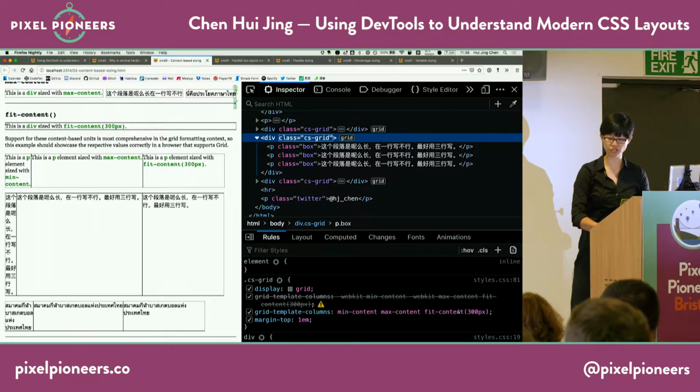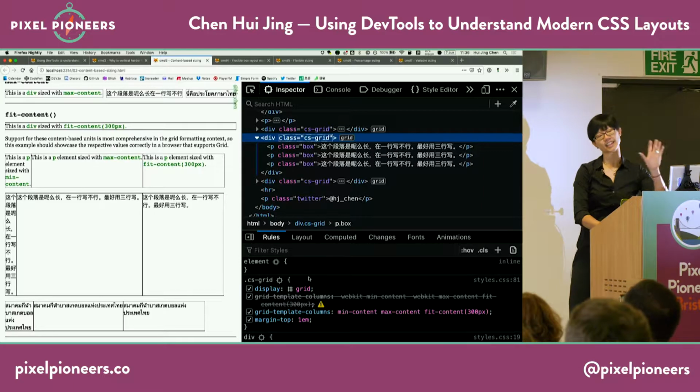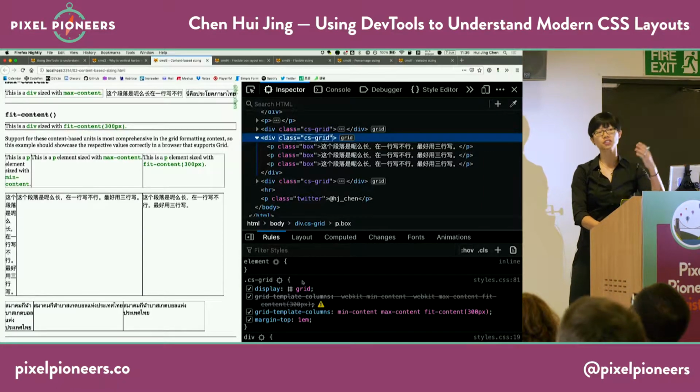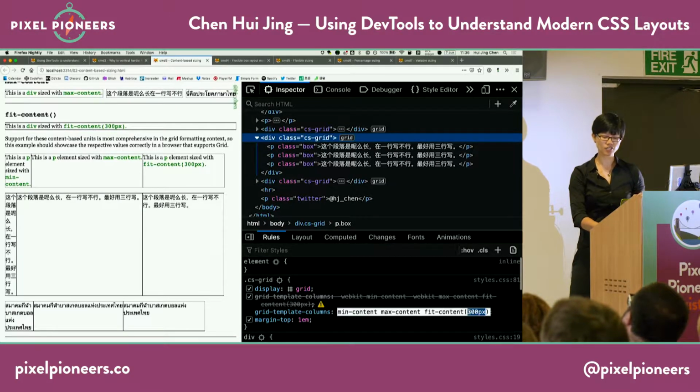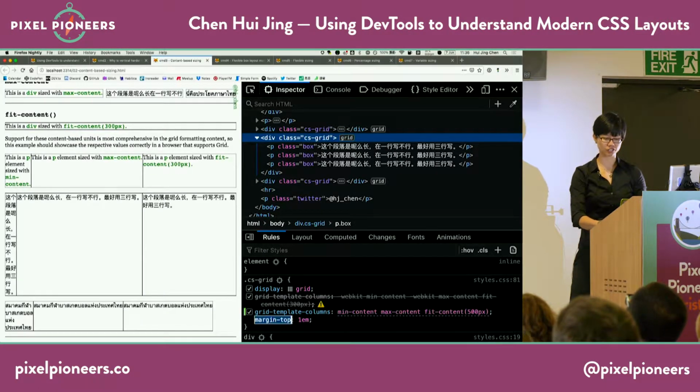Because of this 300 we put inside fit-content, that is the cap. So the browser is going to take the smaller of the value, max-content, or the cap. So if I change the cap to something longer, say 500,